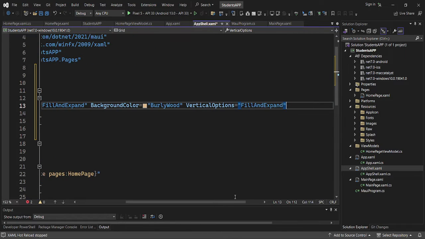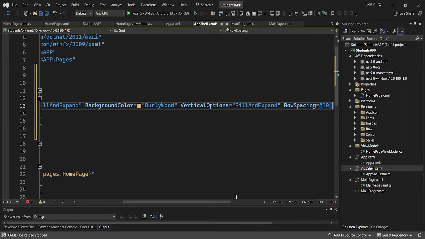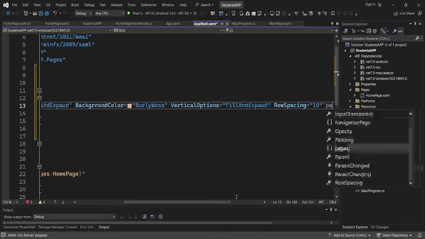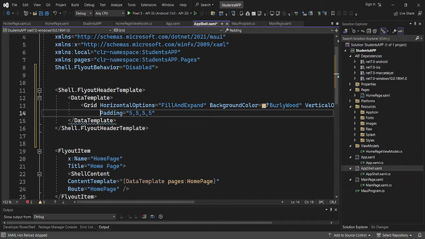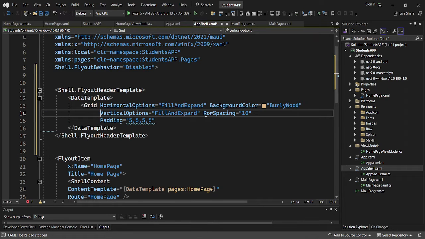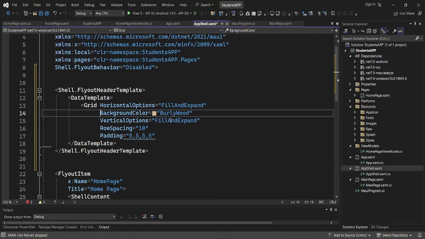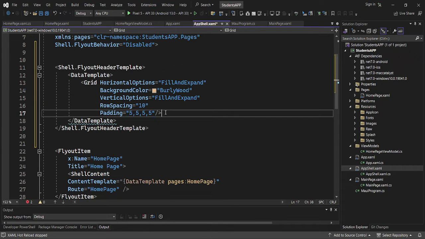There we are. Then we can do row spacing. Row spacing, and do 10. Then we need to do padding. So we'll do 5, 5, 5. So that is it. So I can actually break this down here so that you're able to see it clearly. So there we are. So we can close this. So once we close our grid,